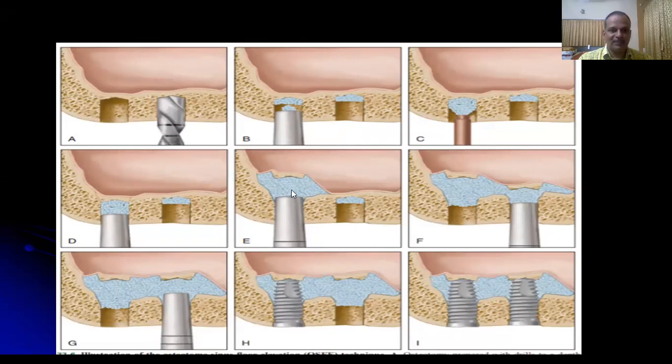This bone fractures, and the sinus floor membrane also is lifted along with the fractured bone. Then the bone graft is added, and the membrane is elevated to the desired depth so that the required vertical height is achieved. Drilling, if required, can be done if the bone is very dense, and then the implants are placed.